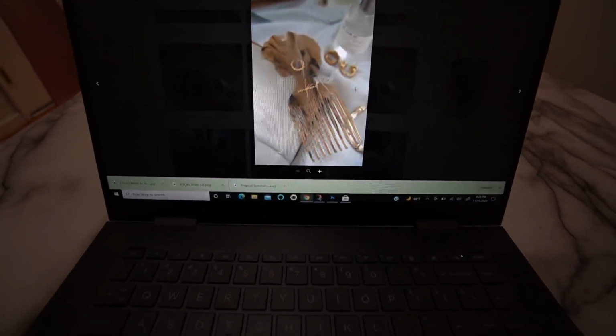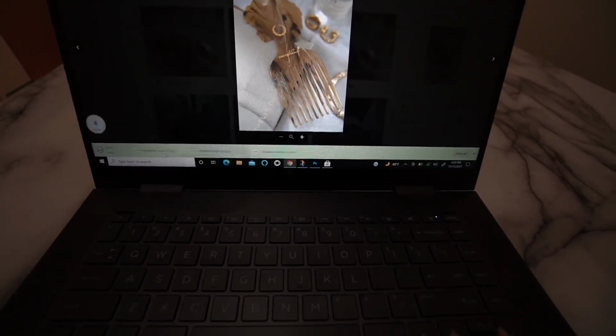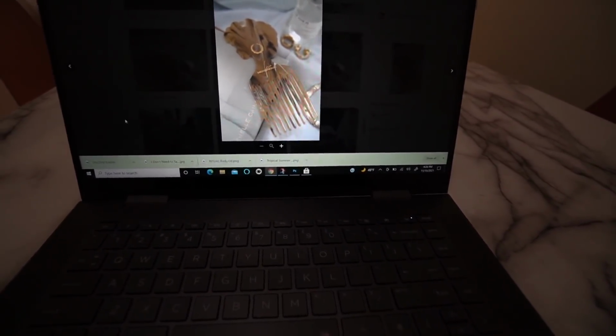As far as editing is concerned, I don't do too much editing. I just sharpen a little bit. So I'm gonna take this photo. I really like this photo. So here are a few of the photos